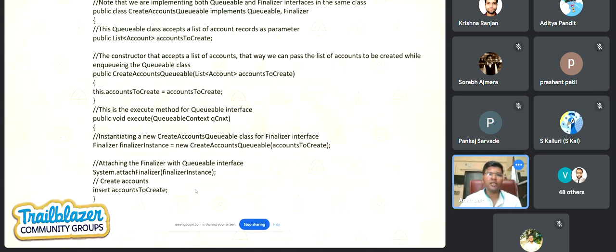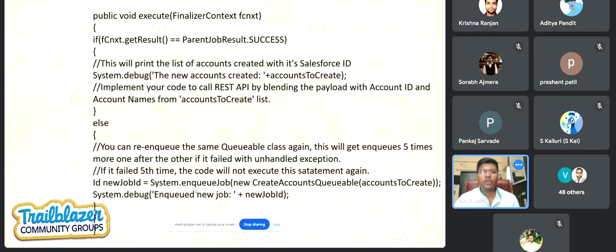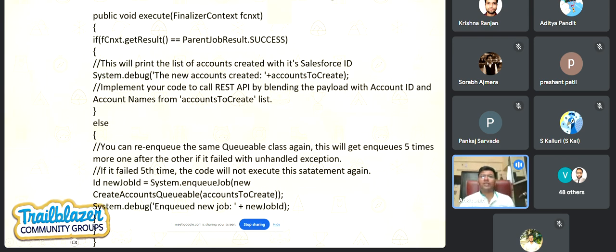Whatever accounts are passed as a parameter, I'm just inserting. Now, in the finalizer, we get the finalizer context as a parameter, so I am able to check whether the job is completed, and then create a System.debug that it was created, or if an error comes up, I am also able to get that.